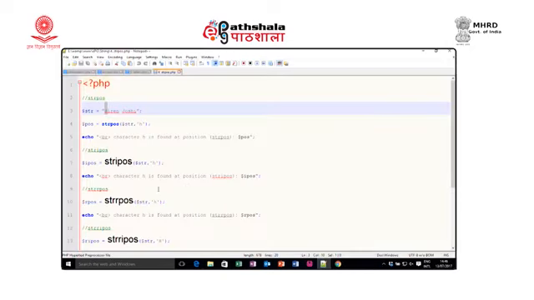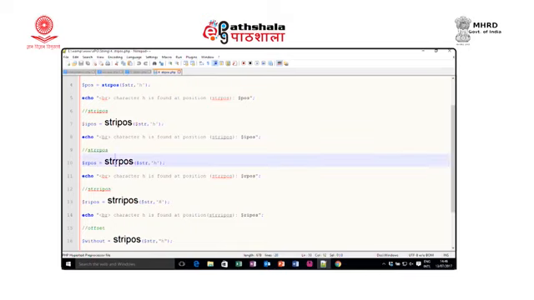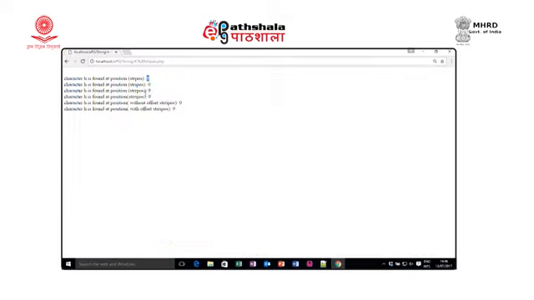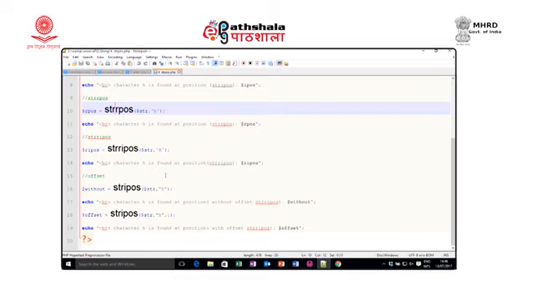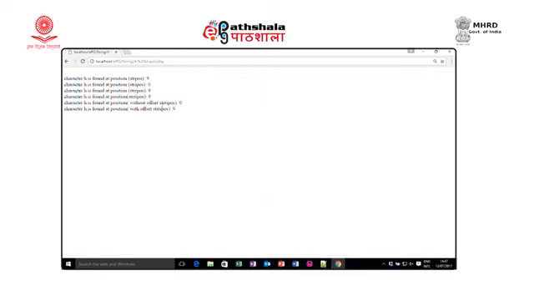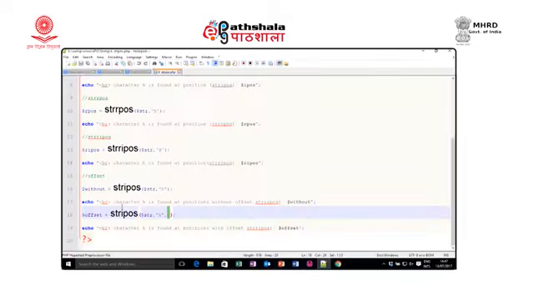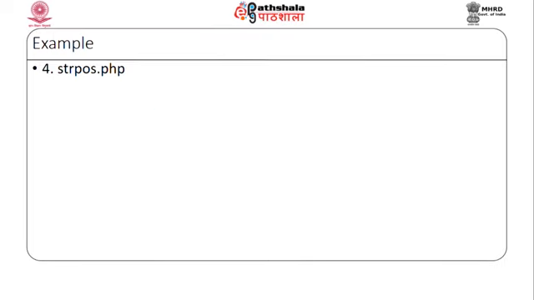Then I display the reverse position. In reverse, again it will be found at the 9th position, whether case sensitive or case insensitive. And if I use offset, here I use it without offset, it will be found because I use case insensitive, and again I use it with 1. So I found both values: without offset it will be at 0, and with offset it will be found at 9. So these are all the string position functions that you can use to find a string at a particular position.